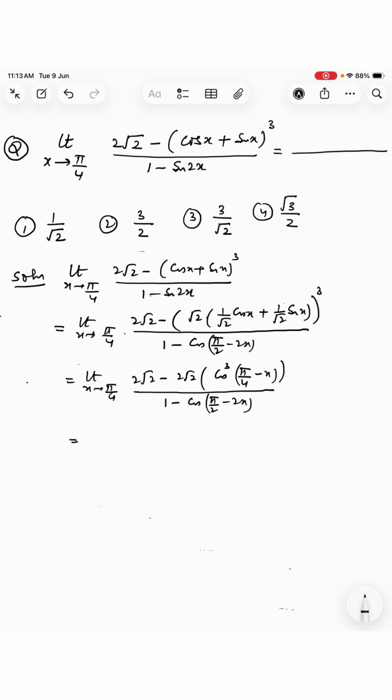So we can take 2 root 2 outside common. This is 1 minus cos cube of pi by 4 minus x